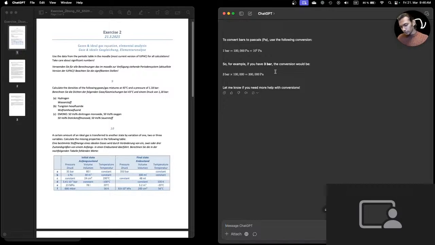The last one, volume is meter cube. It's Pascal. 1 bar, it's meter cube. Okay. As you can see from question number 10,